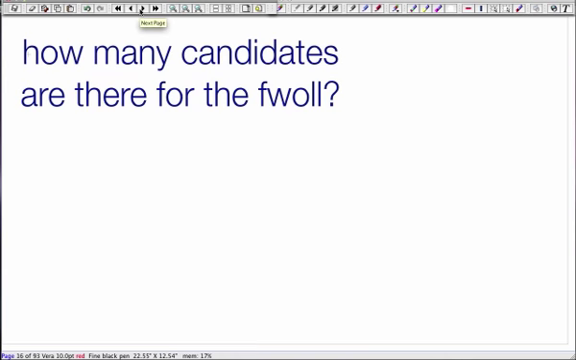How many candidates are there for the fwall? If I have n words to typeset, what are the possible words that could be the first word of the last line? The first word could be the first word of the last line. The second word could be the first word of the last line. The third word could be the first word of the last line. So there are n candidates, and that means we can identify the fwall. Because now all we have to do is say that best n is going to be the min